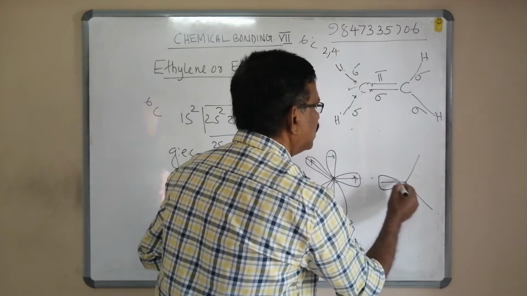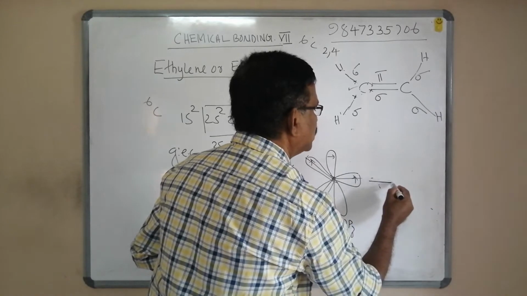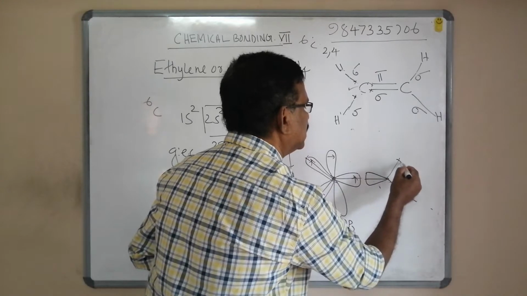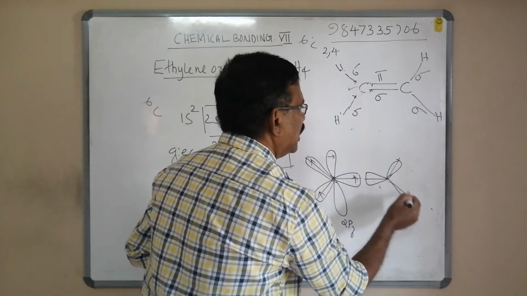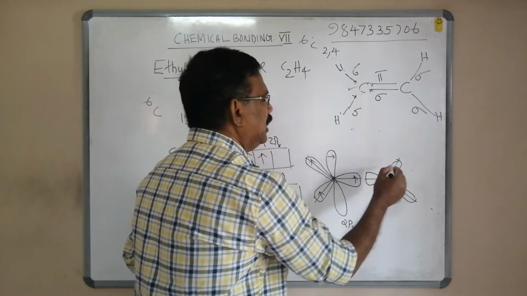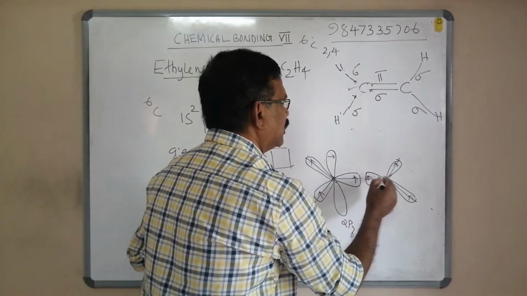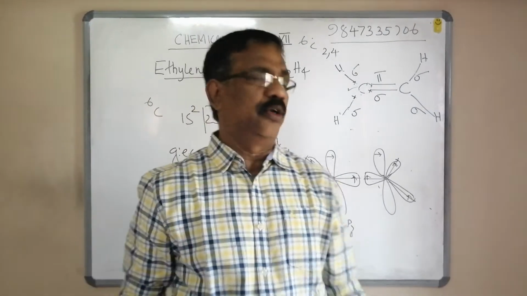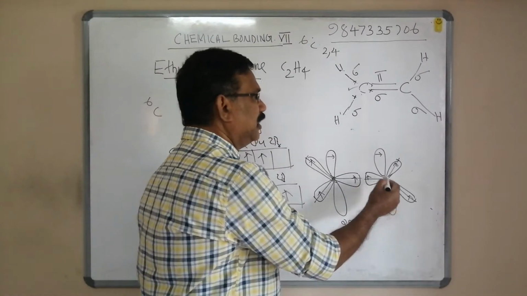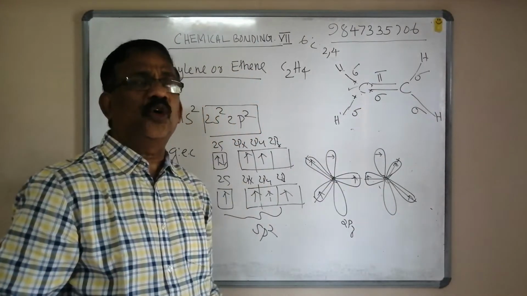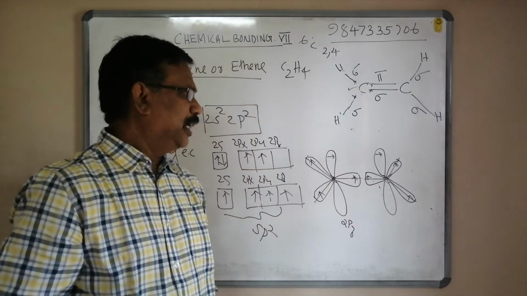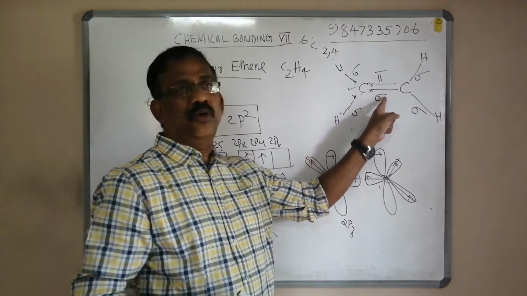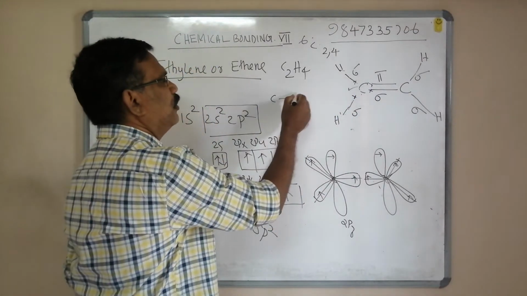It is also under which hybridization? sp2 hybridization. 3 hybrid orbitals along the 3 corners of an equilateral triangle with a bond angle of 120 degrees, each with 1 electron, and the unhybrid p orbital lies perpendicular to the hybrid orbitals. This is the hybridization state of the 2 carbon atoms in ethene or ethylene: sp2 hybridization and bond angle 120 degrees. Then orbital overlap. So first, sigma bond formation. Carbon-carbon sigma bond formation.